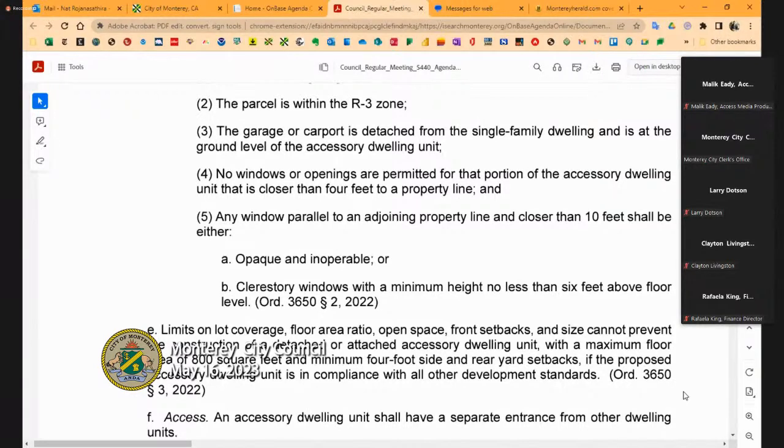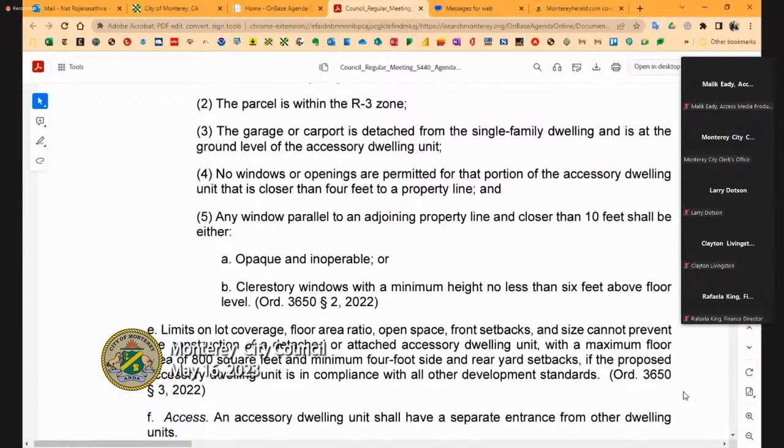And then the new portion that's been added here is clerestory windows. So I wanted to have staff address how this will work and see if there isn't some way to navigate around this so we don't have to get down the road with applicants having a conflict and then having to go to the planning commission under variance and then having to come back. So I've heard a lot about this one, so I think we just need to make sure I understand and see if there's something else we should do to this. So it's a policy question, and the council has complete discretion whether to keep these requirements for opaque and inoperable and clerestory windows or not.